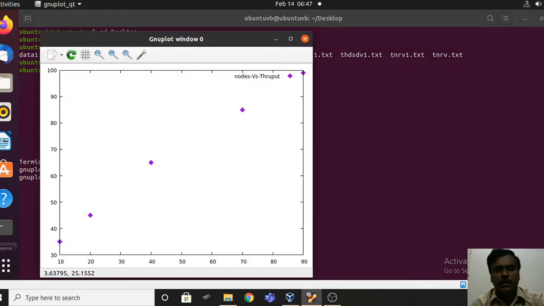See, this is the graph. You can find a title here, nodes versus throughput. For 5 cases you are plotting a graph, you know that.